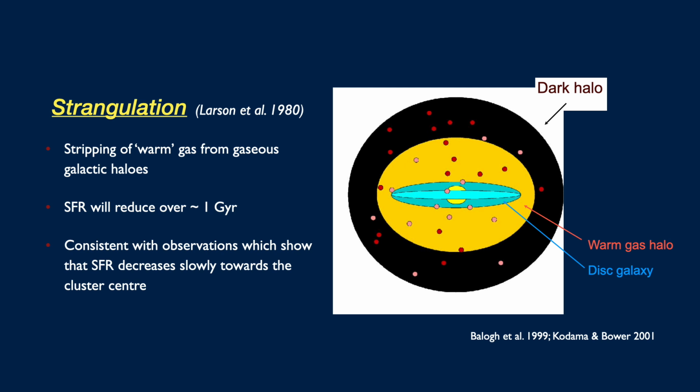During some gravitational interactions of galaxies with each other, this gaseous halo is stripped off, thereby taking away the reservoir of gas for future star formation. As a consequence, unlike RAM pressure stripping, in the case of strangulation, the star formation in a galaxy declines on a longer time scale because the gas in the disk continues to form stars. But once that is exhausted, the galaxy will not be able to replenish it, and as a result, the star formation will die in such a galaxy.